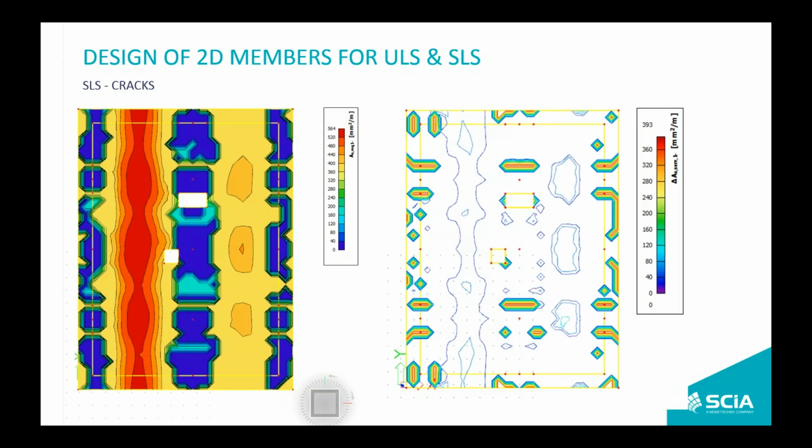So here you can see the design of reinforcement in one direction, and you can see here are big areas where the bottom reinforcement in this direction is required, and you can also see some additional parts that require reinforcement based on the SLS crack width